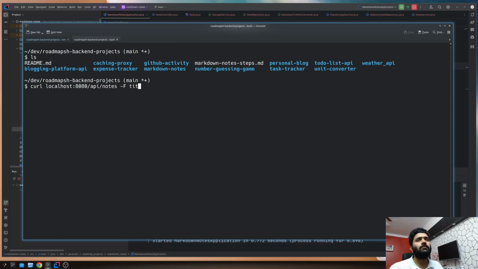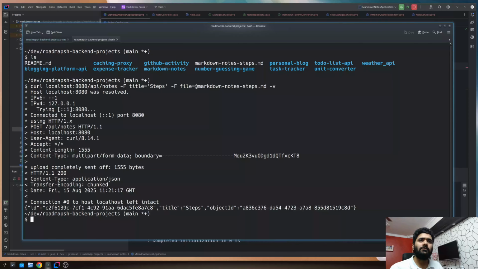and title will be, let's call it steps, and then file Markdown notes steps.md. Let's send this one. Okay, so we are getting back the ID of the note, then title, and then the object ID. Now there should be one file with this object ID created, and if we go here,